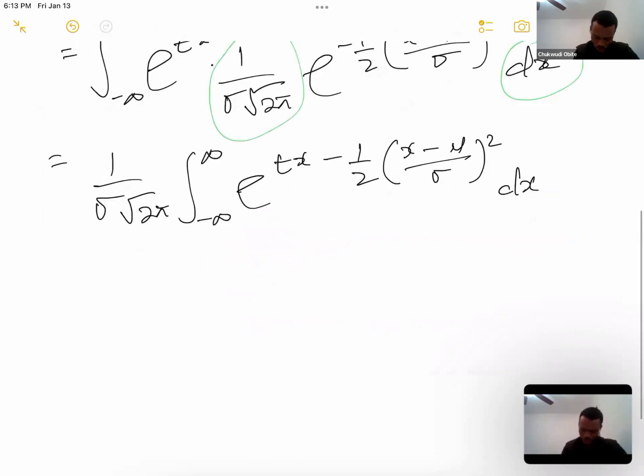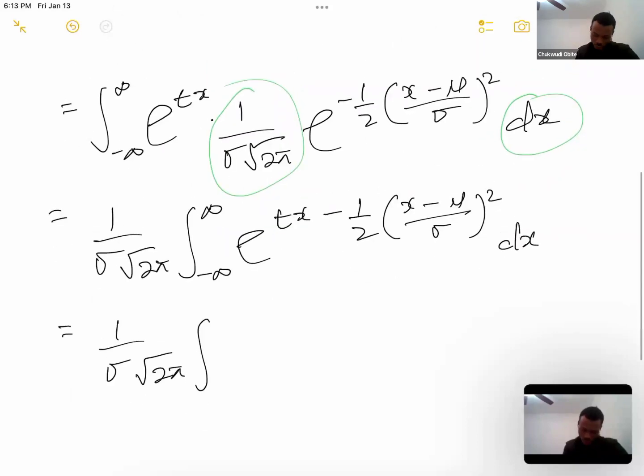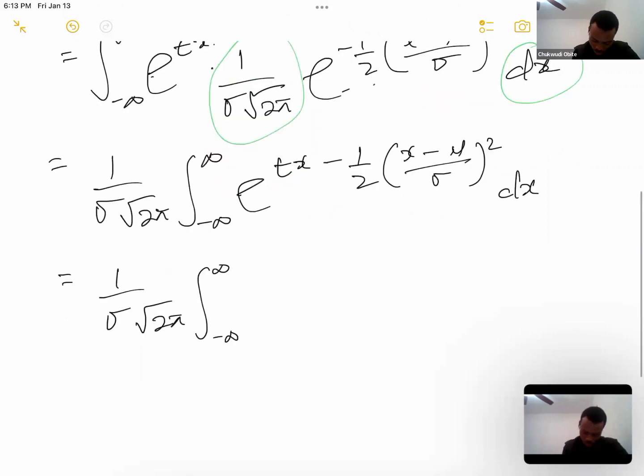To simplify this, I have to apply the law of indices. I've already applied the law of indices, so that's what I did. I had e raised to tx and e raised to minus half, so I used the law of indices to combine both. That's why I have e^(tx minus half ((x minus mu) over sigma) squared). Simplifying this, I will have e^(tx